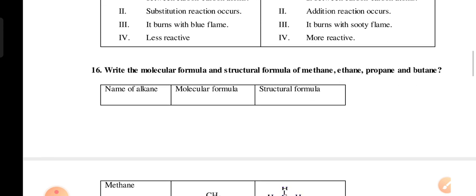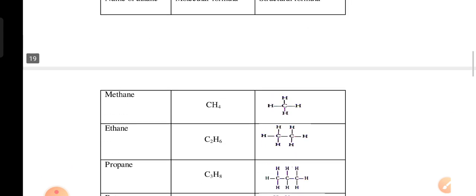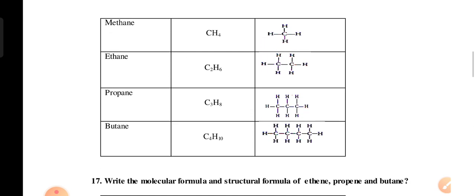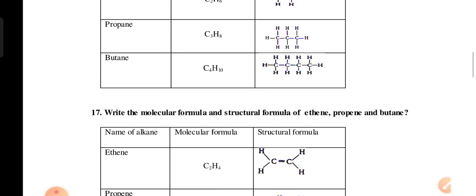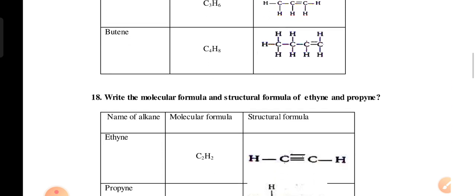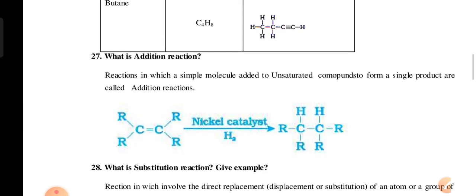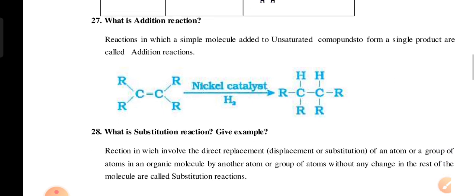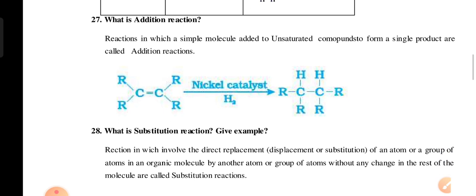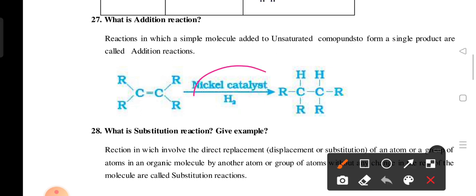Write the molecular formula and structural formula of methane, ethane, propane and butane. We already wrote those: methane, ethane, propane, butane. We already studied these structures. What is the addition reaction? A reaction in which simple molecules are added to unsaturated compounds to form a single product is called an addition reaction. Here we use nickel or palladium as a catalyst and hydrogen